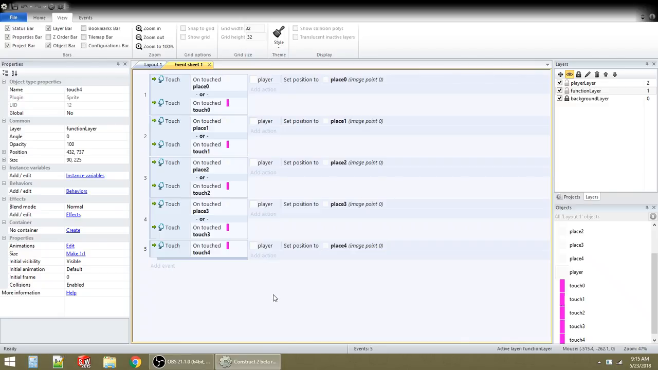Right, that looks good. So you placed them in the wrong order. So we're going to go to touch 0, touch 1, touch 2, touch 3, touch 4. Now on here, we have